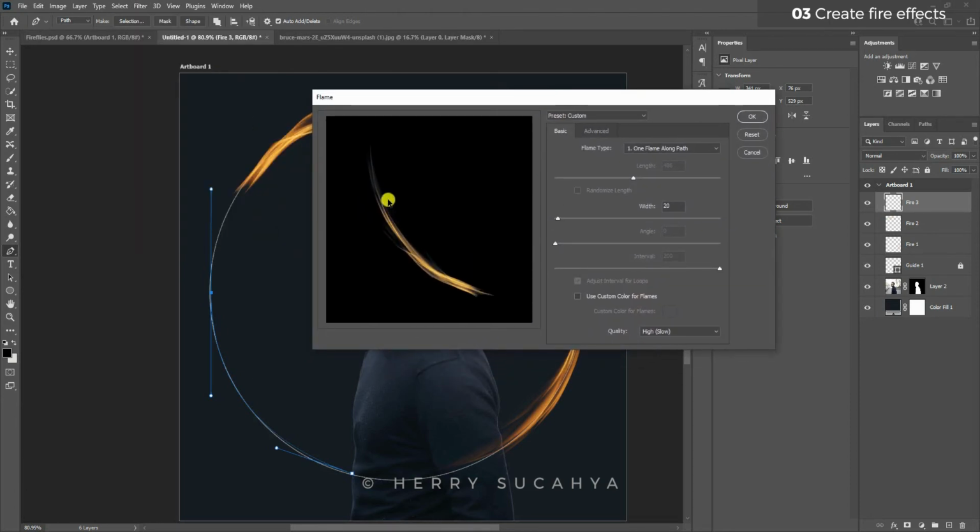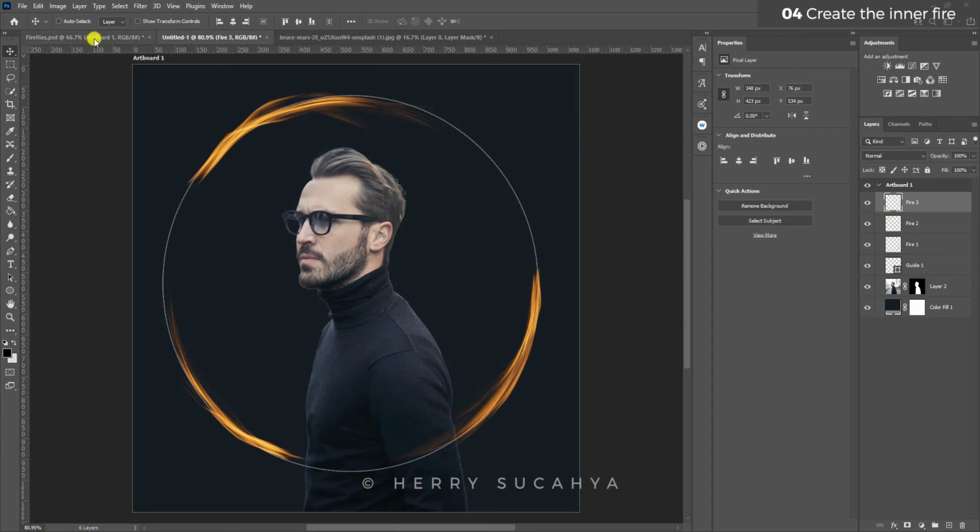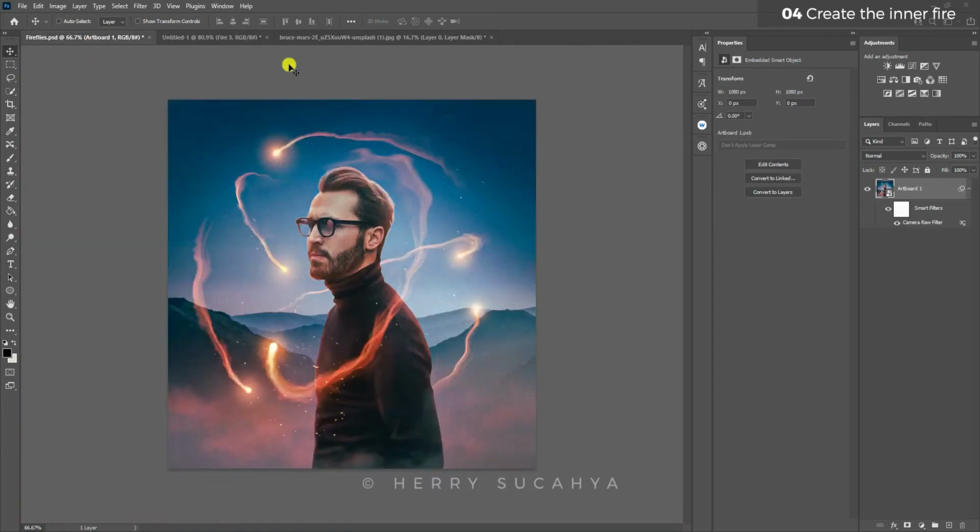I think I'm quite happy with these effects, so just hit OK. Now let's create the inner fire effects like I did here. Actually, the process is quite similar. You create the path and render the flame, and you repeat the process again, but the difference is the shape